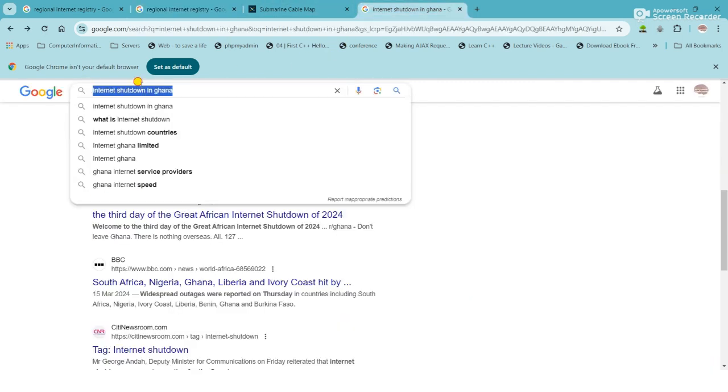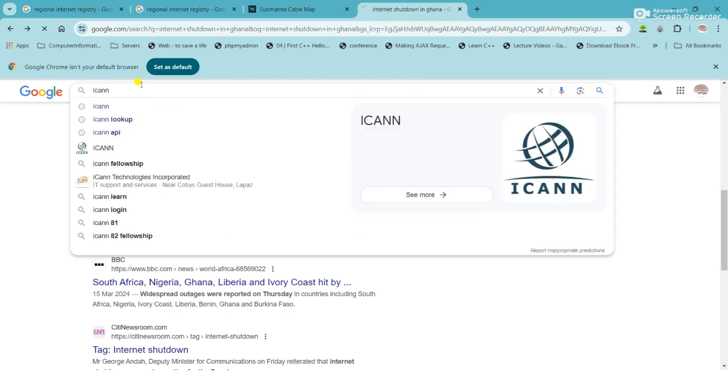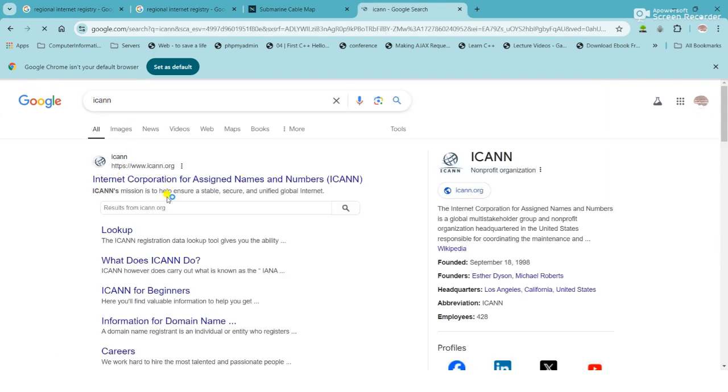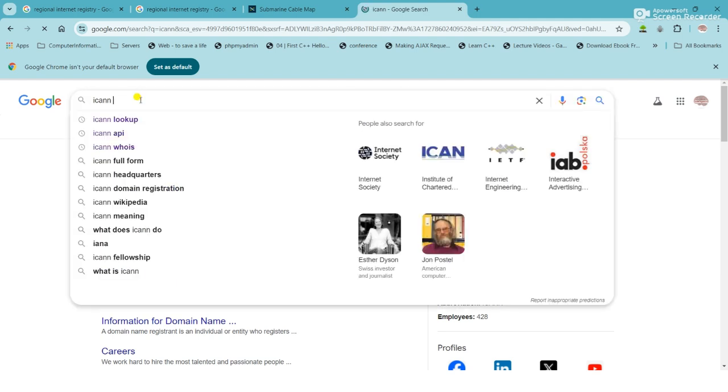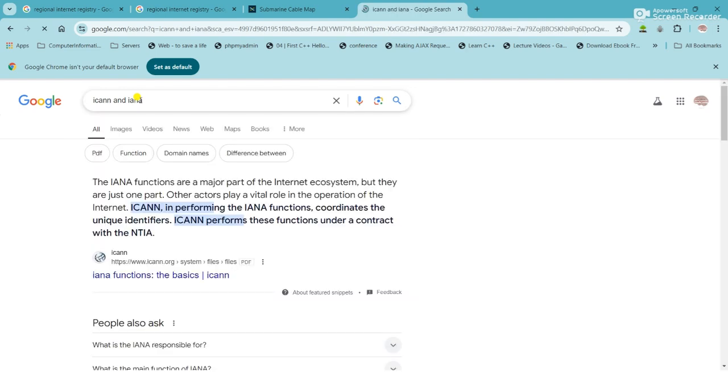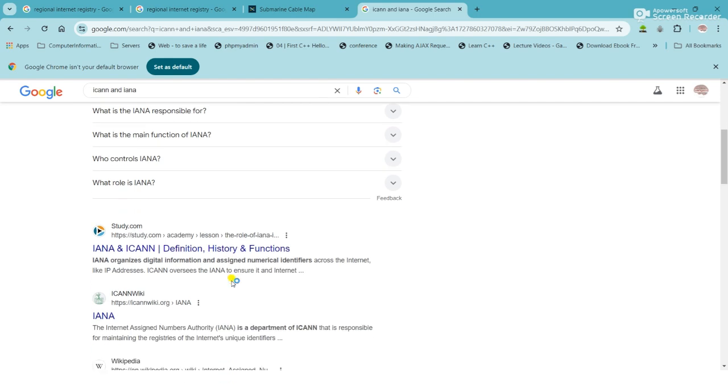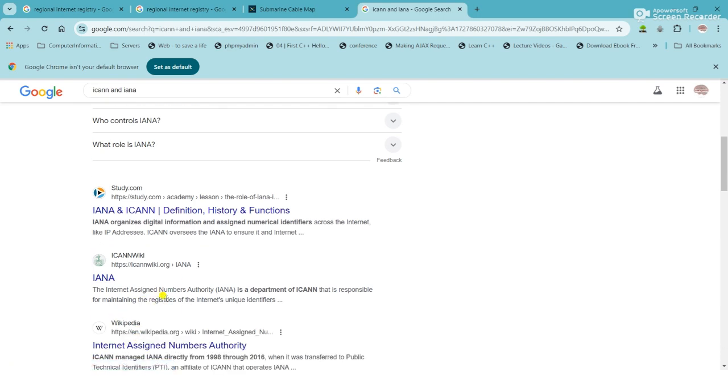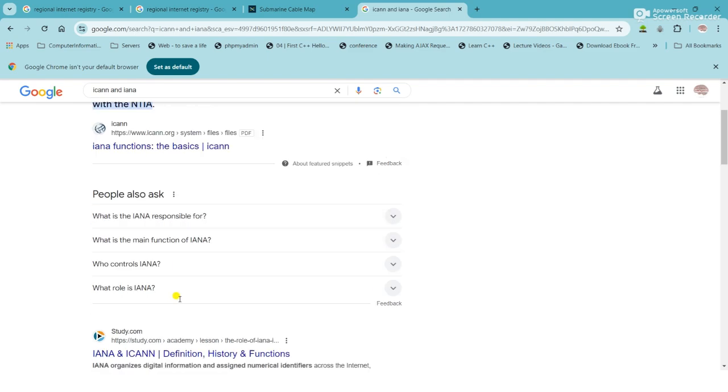The main authority, or the global authority, is ICANN. ICANN is that global authority that ensures that there's internet, and it's a non-profit. ICANN works with IANA. IANA is actually the IP address unit of ICANN, so it's a department of ICANN. That's what is going to facilitate all the registries and the regional registries of the IP addresses. We are getting there gradually.